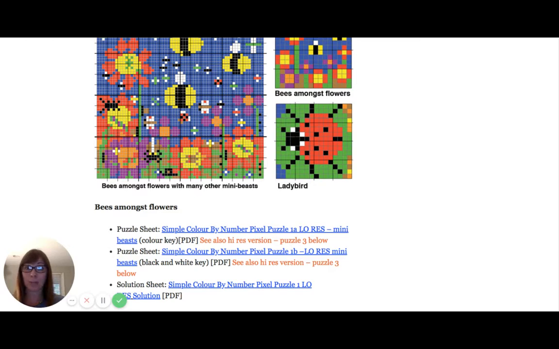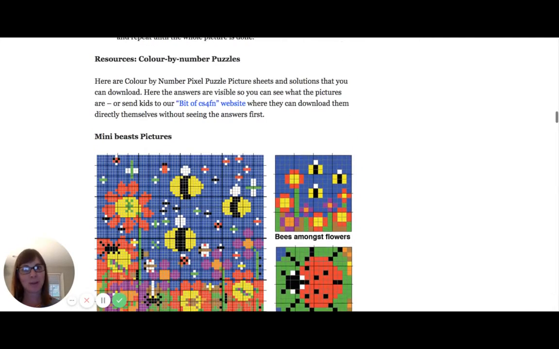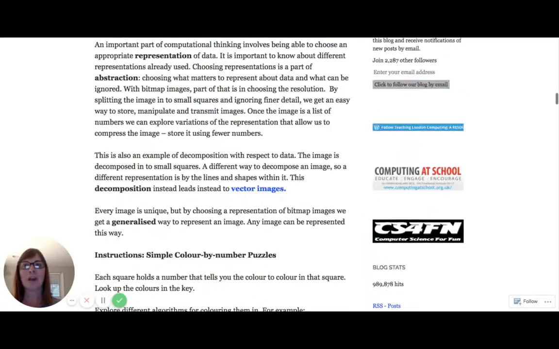It's a really cool project, and it also touches on the idea of design and images, because anything that we do on the computer, we want to have color and we want to have representation so that people will come to our sites, come to our apps, look at our pictures, because we all like that visual representation. So this week, we're taking a look at pixel puzzles, and you can find more about this on